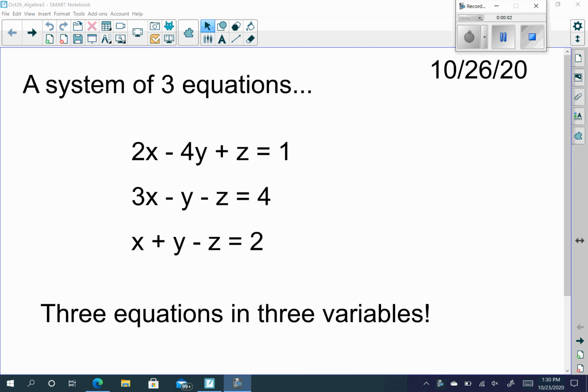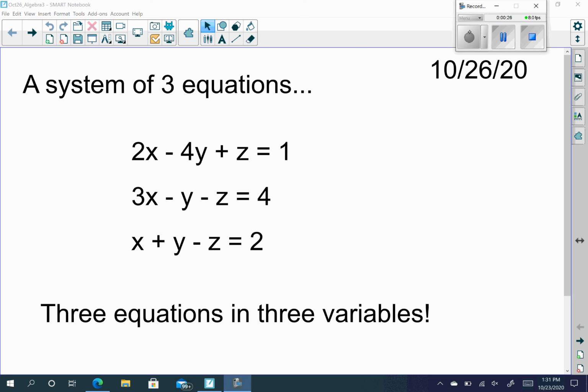Hello everyone. Today I'm just going to introduce you to a system of three equations. We're going to take a look graphically at what this means, as well as just what you see on the screen right here. It's three equations having three variables now, so it is going to be a lot more work. We're not going to get into solving them by hand until tomorrow, but I just want to walk you through this, and we're going to actually go to a website that's going to allow us to kind of interact with